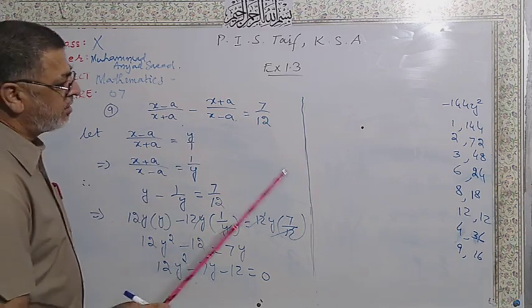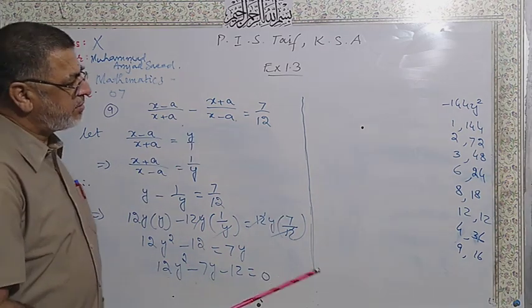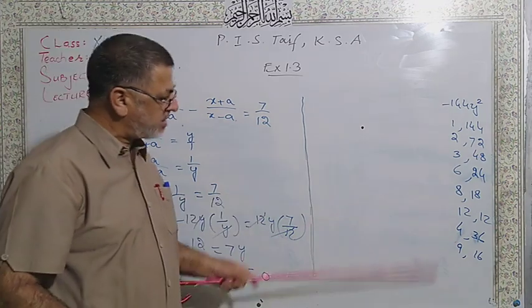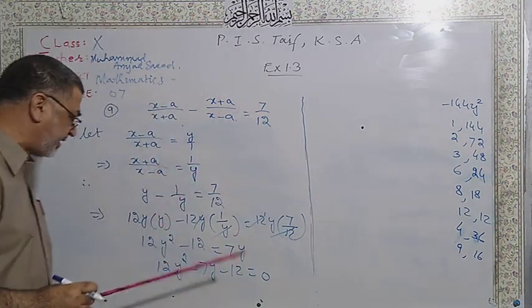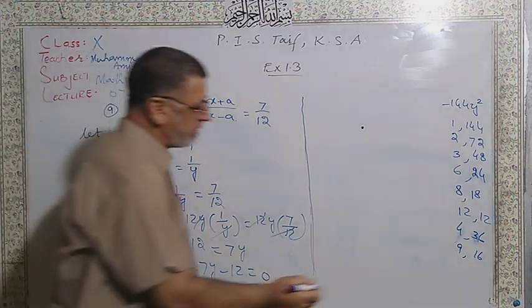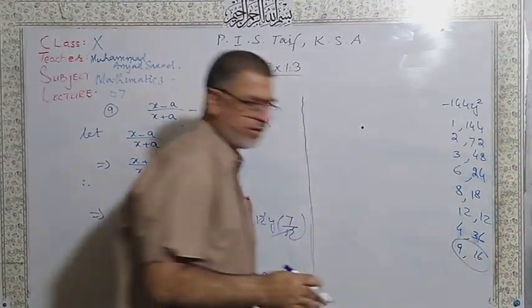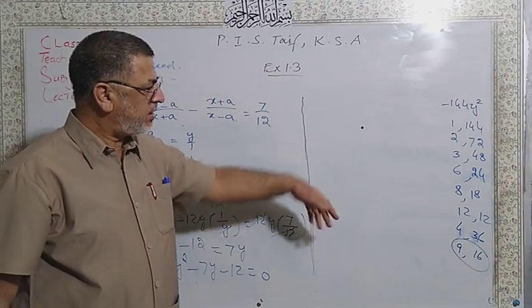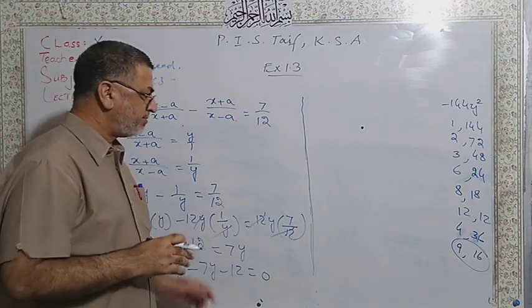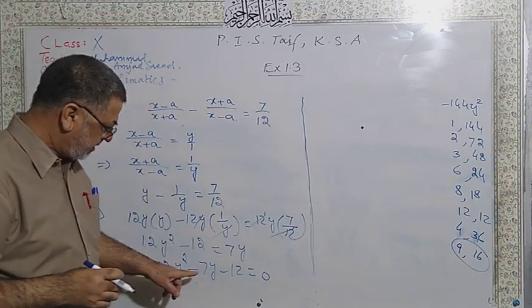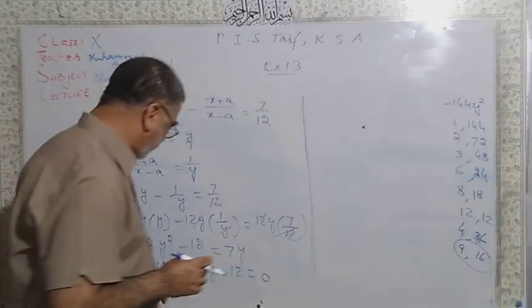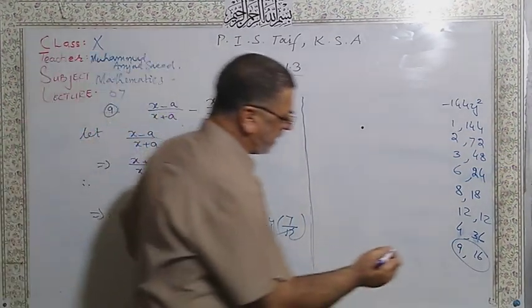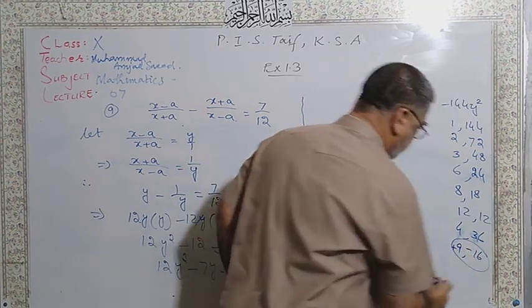My dear students, look at that. That was a bigger number and we have to make the pairs. There is only one pair which is making, by adding or subtracting, that is 7. And that one, I think this is the last one. Others are bigger than that or less than that. But here, the bigger component will have the sign of the central value. So here will be minus and this will be plus.